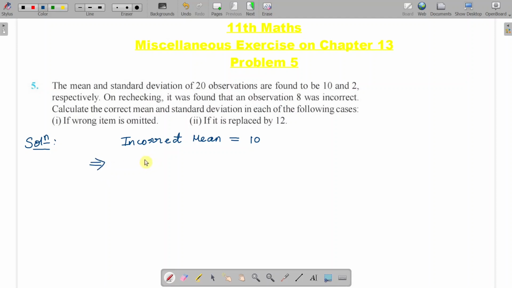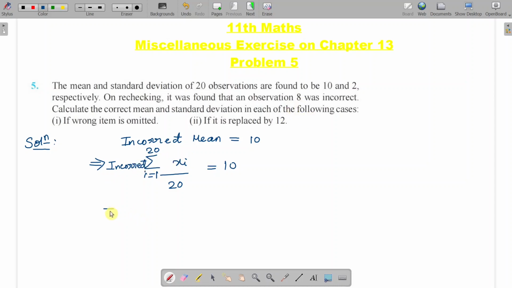Sum of all the observations divided by the number of observations, that is summation i going from 1 to 20 xi divided by 20 equal to 10. So, this is incorrect, right? This is incorrect